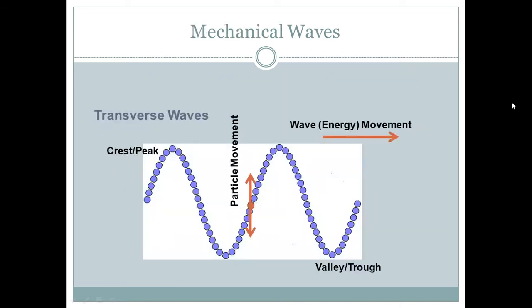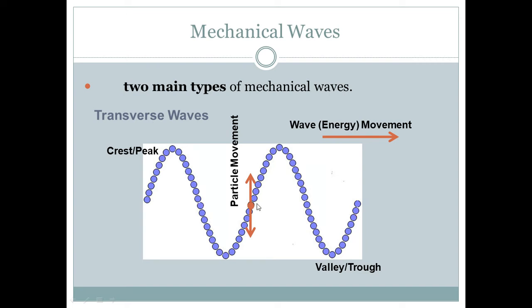All right. There are two main types of mechanical waves, and you can look back to your document and start filling some things in here as well. Transverse waves. Transverse waves are waves that travel up and down. The particle movement is up, then down, up, then down. The wave itself propagates in one direction, so the wave energy movement is in one direction, but the particles themselves only go up and down.